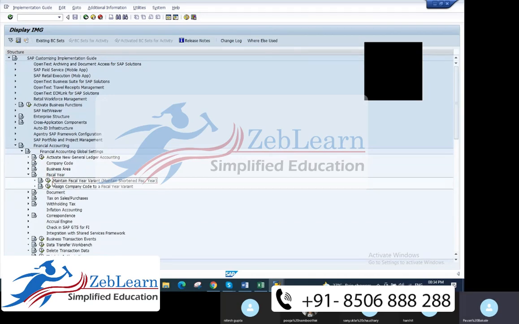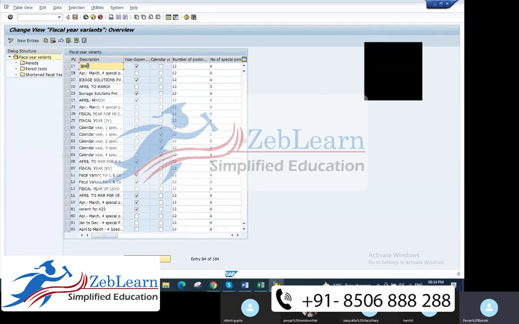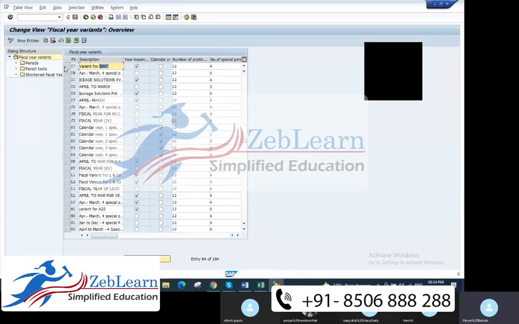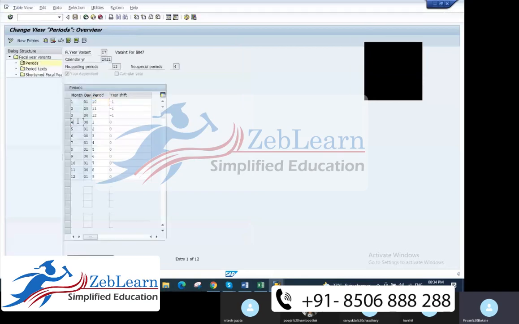Okay, so we went here and we prepared our I7 as the fiscal year variant for company code IBM 7. This is also our company code, and here also the company code is the same, IBM 7. So we prepared the fiscal year variant for this. Then we prepared the fiscal year for the company code, that is 2021, from April to March.